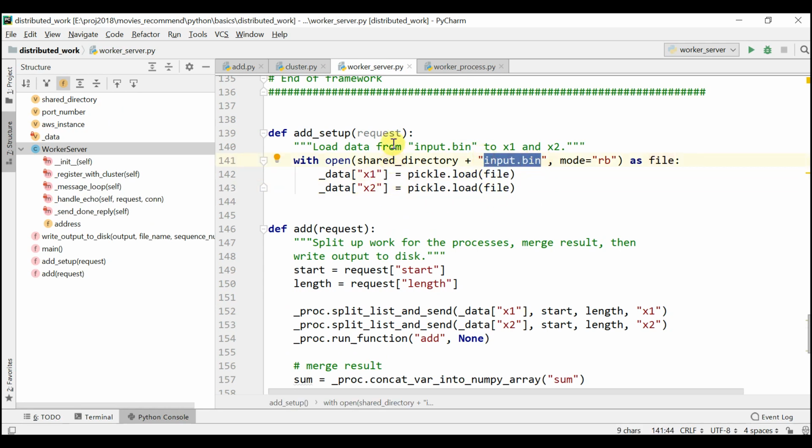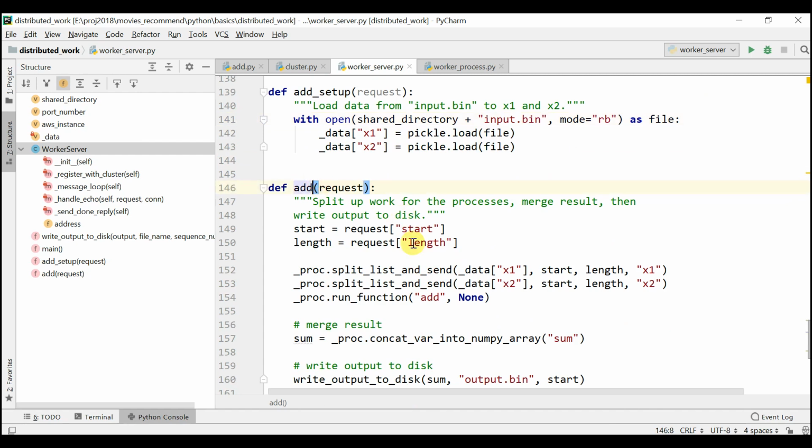Remember all the workers, the cluster server, the worker server, and add.py, they share the same hard drive. They share the same AWS EFS, the same file system, so they can see the same files. So to prepare for that, I load the x1 and x2 from the input.bin. And here comes the actual add, and